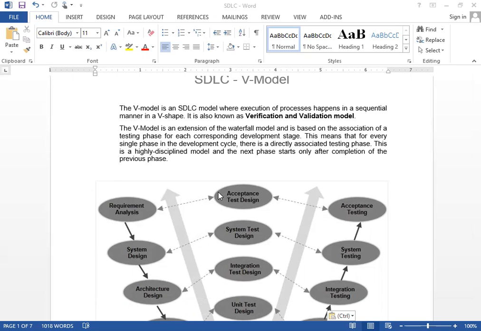So if a high risk is found at the testing phase, then it's difficult to work on it. So in the V model, the testing is done simultaneously with each and every phase.